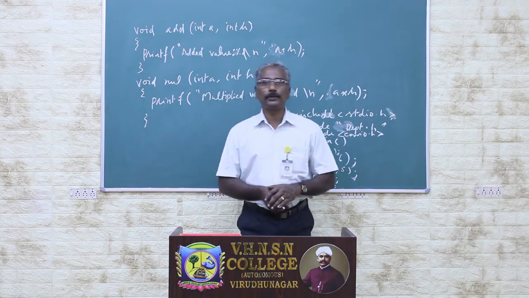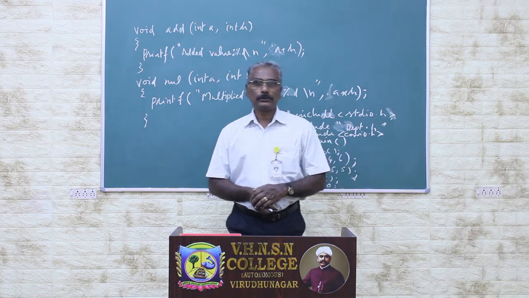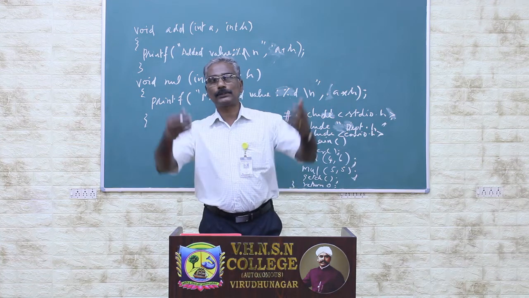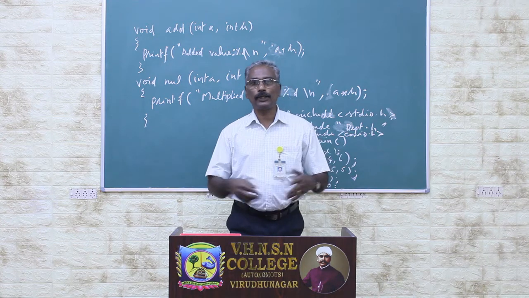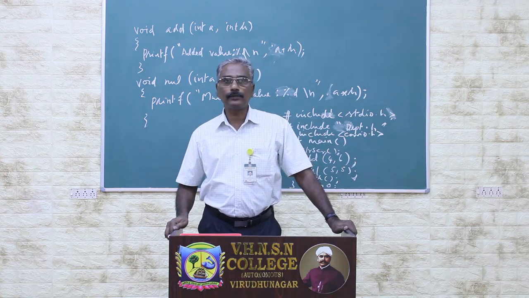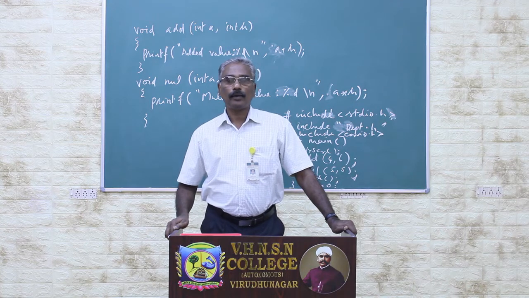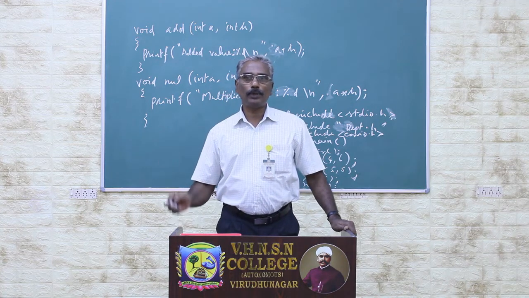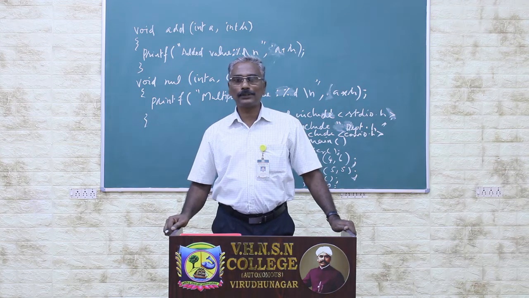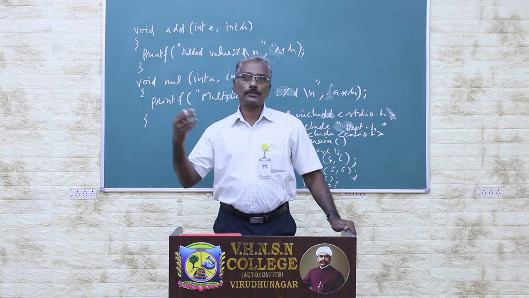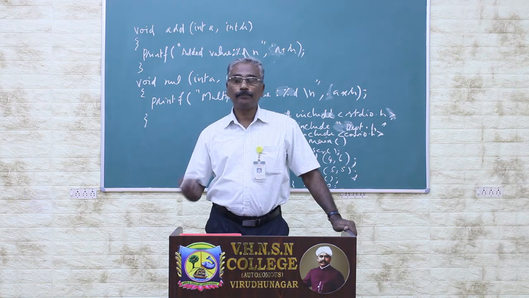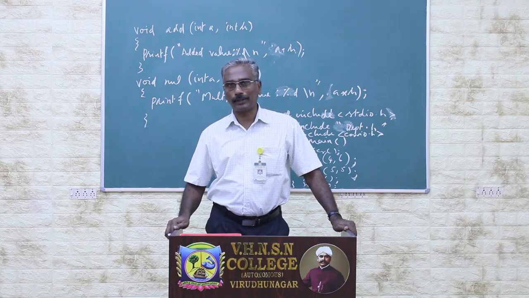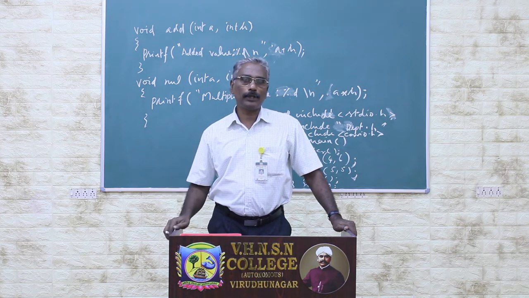Suppose you want to add two numbers, what will you do? Normally, you just start to write the program. So include stdio.h, into main, and you are declaring the variables a and b. After declaring the variables a and b, you get the input from the user for the a variable as well as the b variable, and finally it will be added in the third variable. The third variable is displayed on the screen. This is what we are normally doing when adding these two numbers.